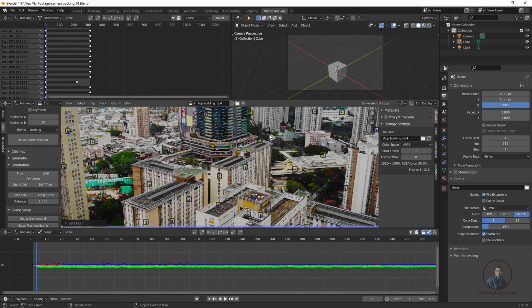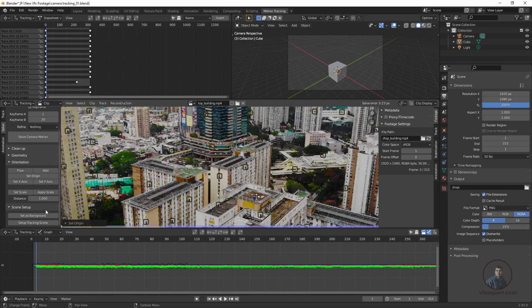If you have ground, then you can select 3 points on the ground and make it the floor. But here there is no ground, so I am not going to define our ground plane or floor, but I have defined our origin here.